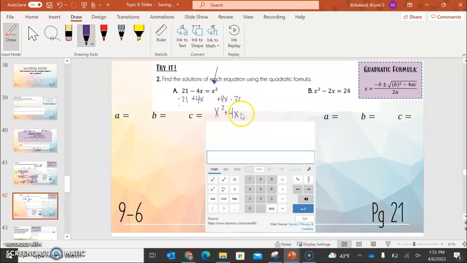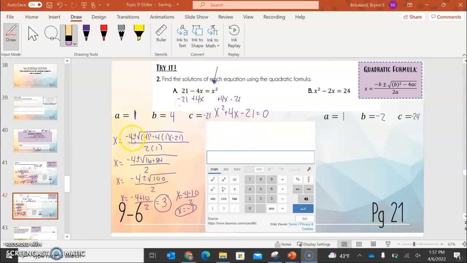X squared plus 4x minus 21 equals 0. My a value is a 1, so I'll put that here. My b value is a 4, and my c value is a negative 21. I would have to plug it into this quadratic formula again. So by substituting in my a, b, and c values, I'm able to